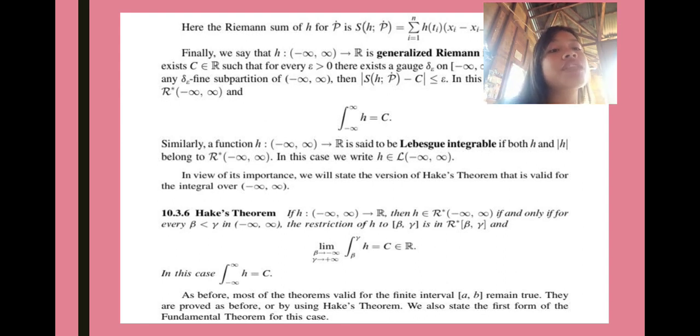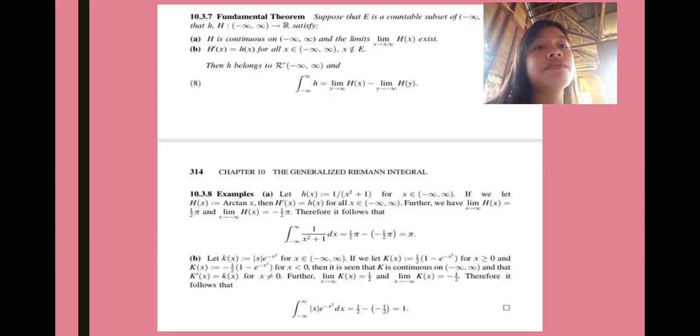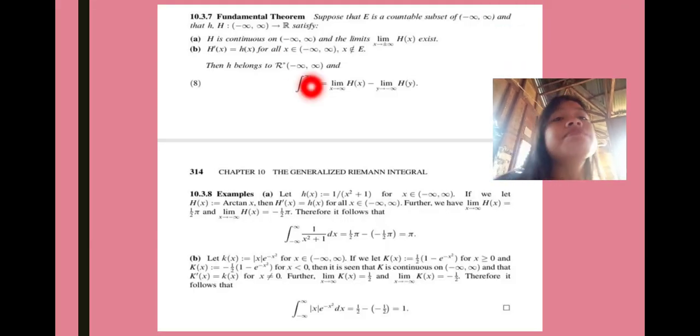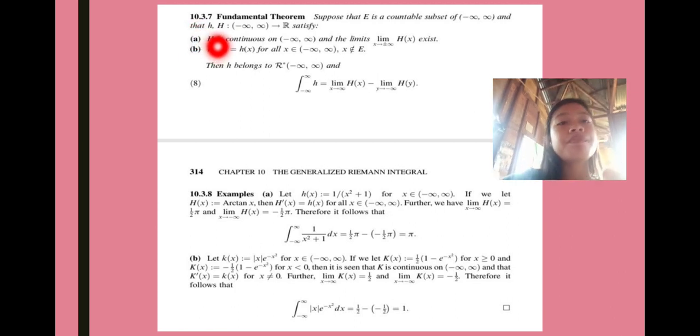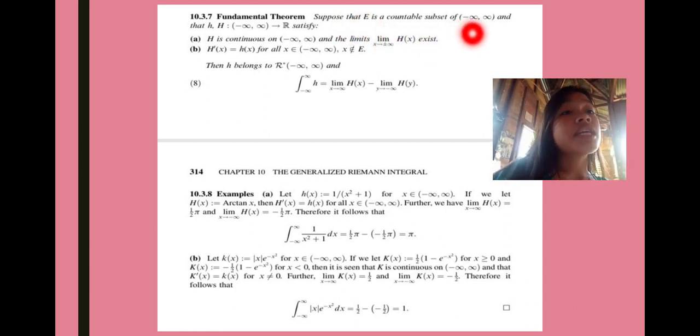As before, most of the theorems valid for the finite interval a and b remain true. They are proved as before or by using Hicks' theorem. We also state the first form of the fundamental theorem for this case. So, 10.3.7 Fundamental theorem. Suppose that E is a countable subset of negative infinity and positive infinity, that h,